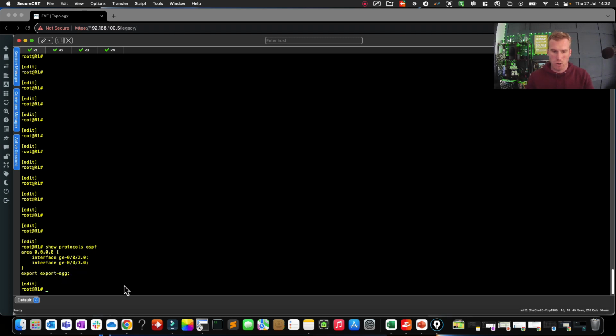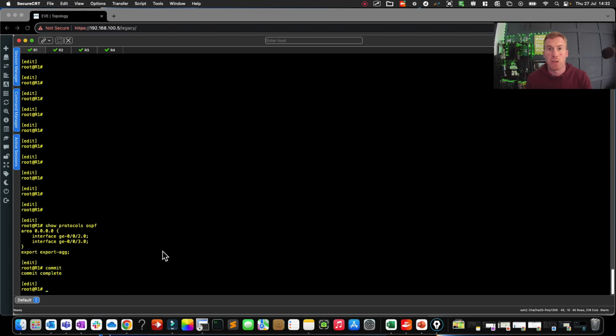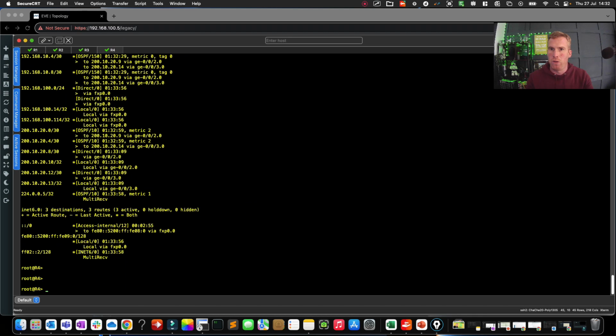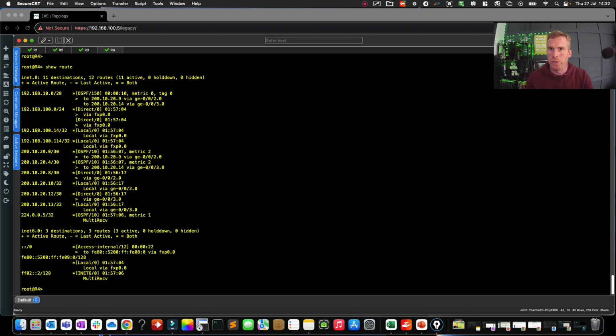So now if I just do a commit on this, that's now committed successfully, and after a few seconds we've got to allow these packets to flow to and from each other. If I go back to router R4 and just do a show route, then what you can see here is this has already happened. I no longer have the 192.168.10.0, 10.4, 10.8. I've now only got the 192.168.10.0/28. Just as before, I can go out of these two interfaces, and because I'm also doing load balancing,